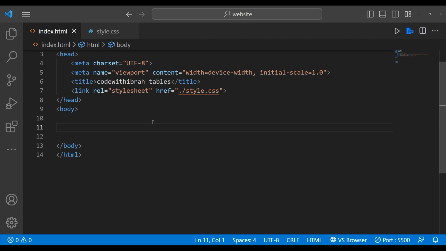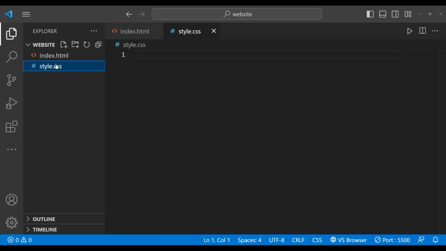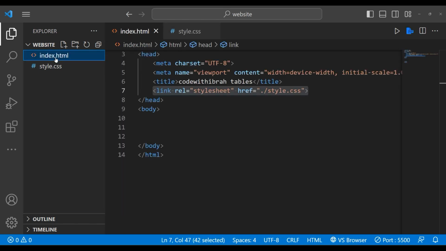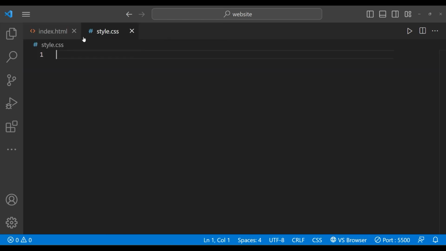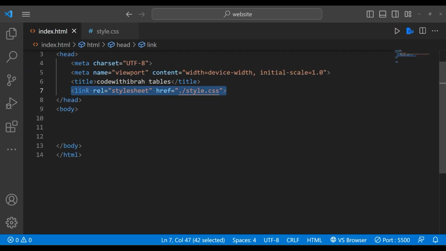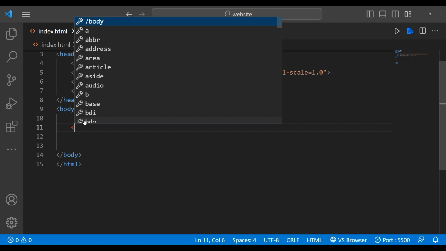Alright, so let's begin. I have my CSS file linked to the HTML. This is the project explorer. I have the index and then the CSS, and the CSS is linked to the HTML file at this line. Alright, so let's start with our table,